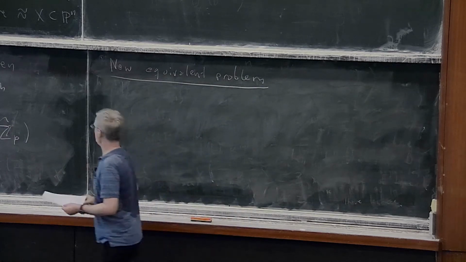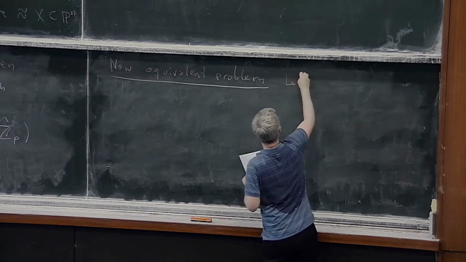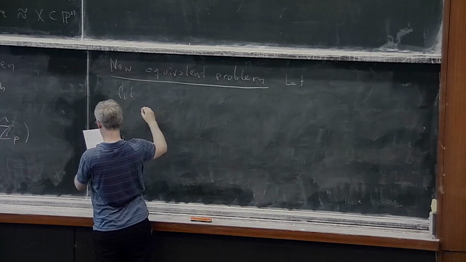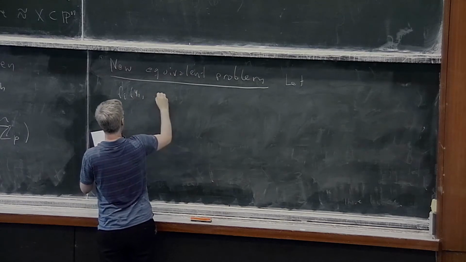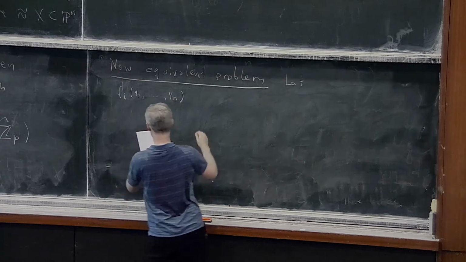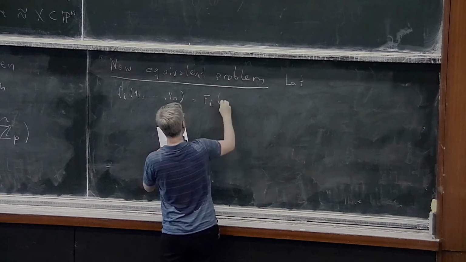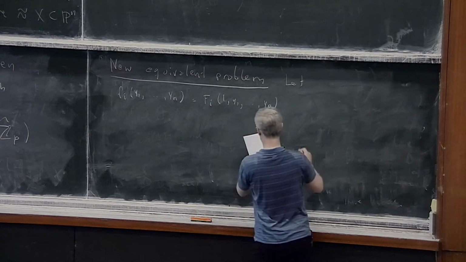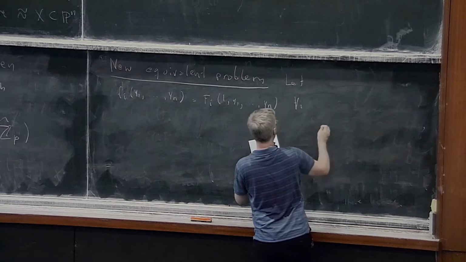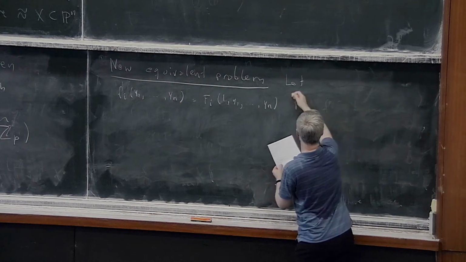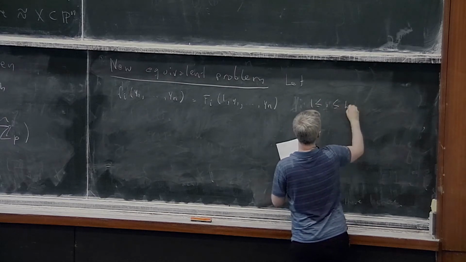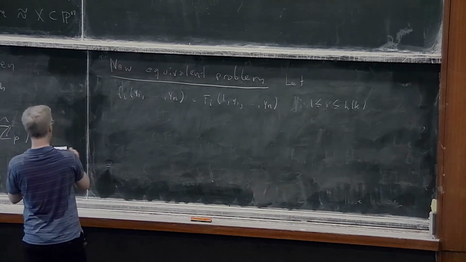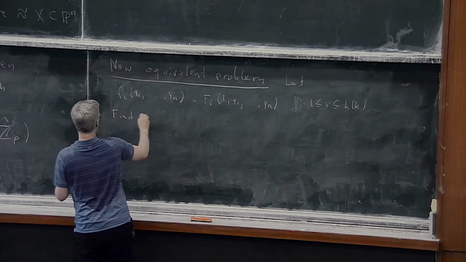So what I will do now is let f_i(y_1, ..., y_n) be equal to f_{i,1}(y_1, ..., y_n) for all i, divided by h_k. So I dehomogenize everything. So then the problem is the following: